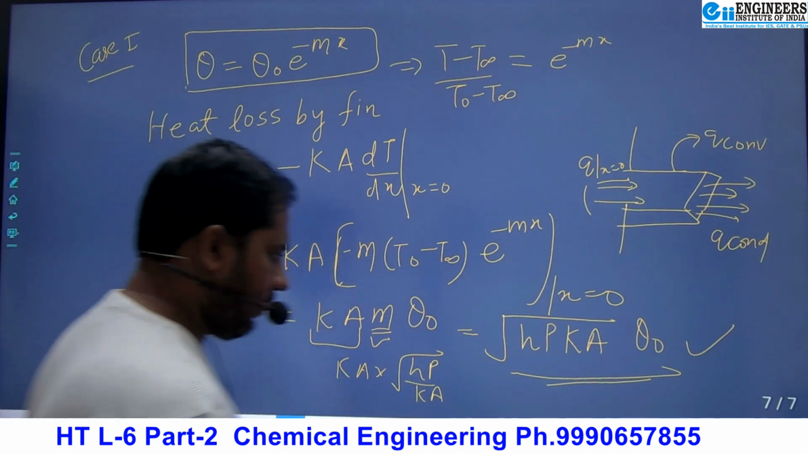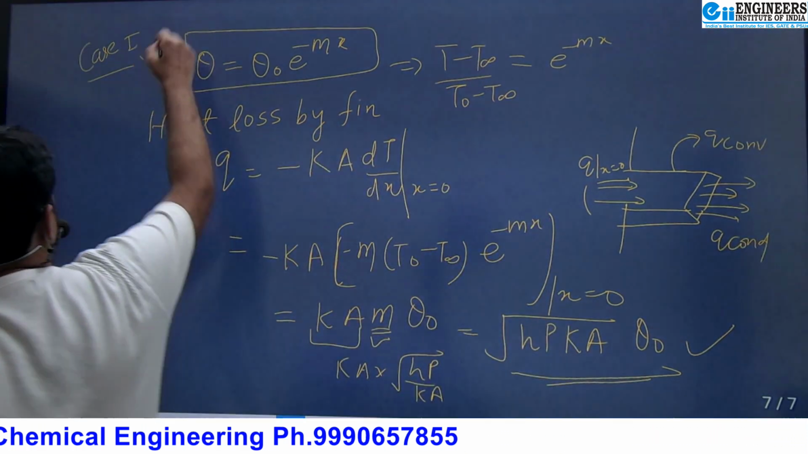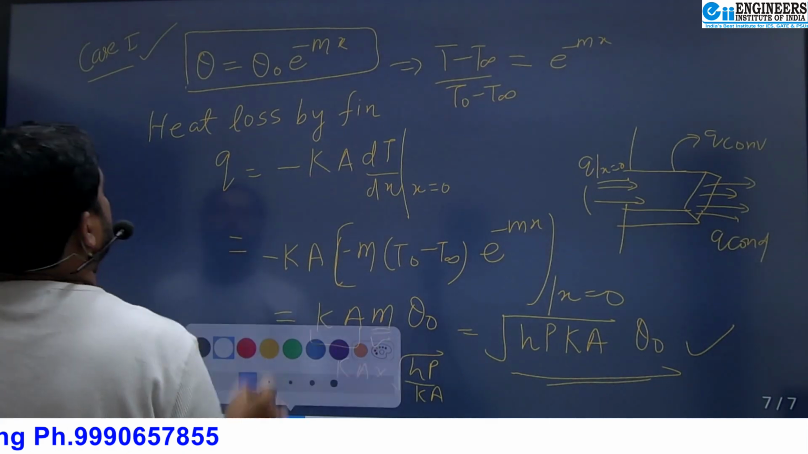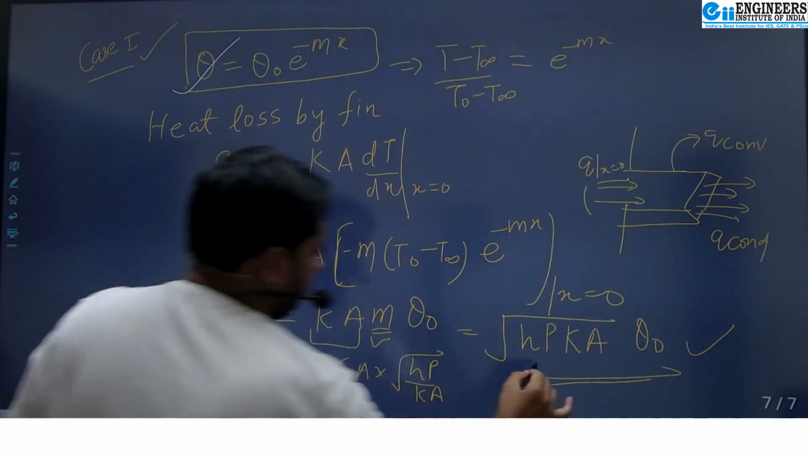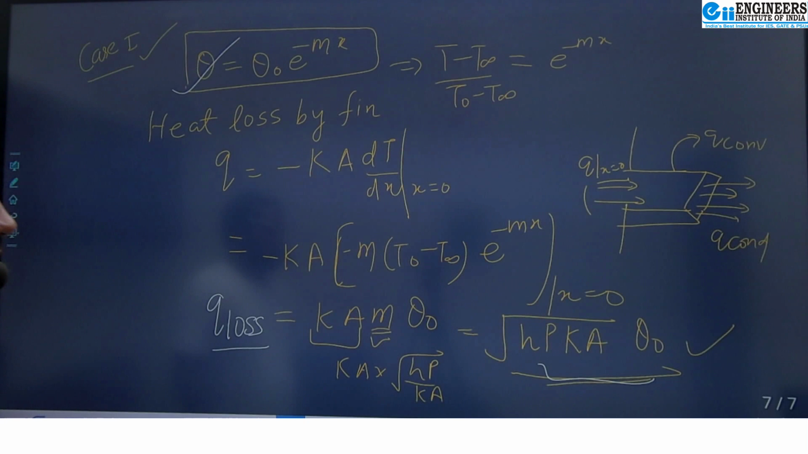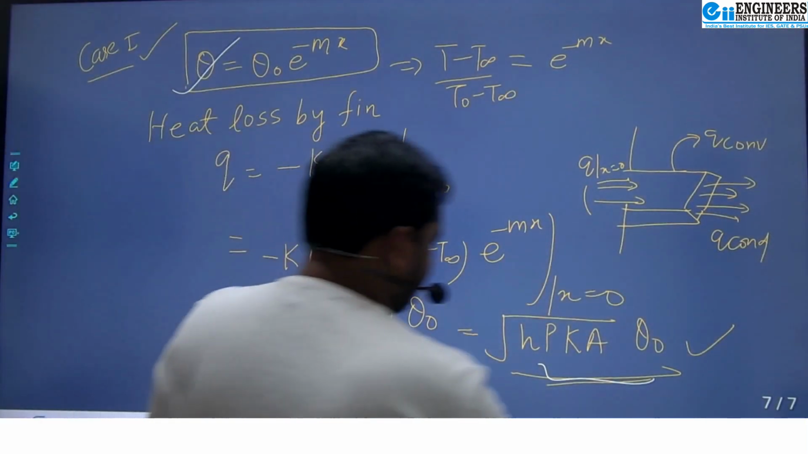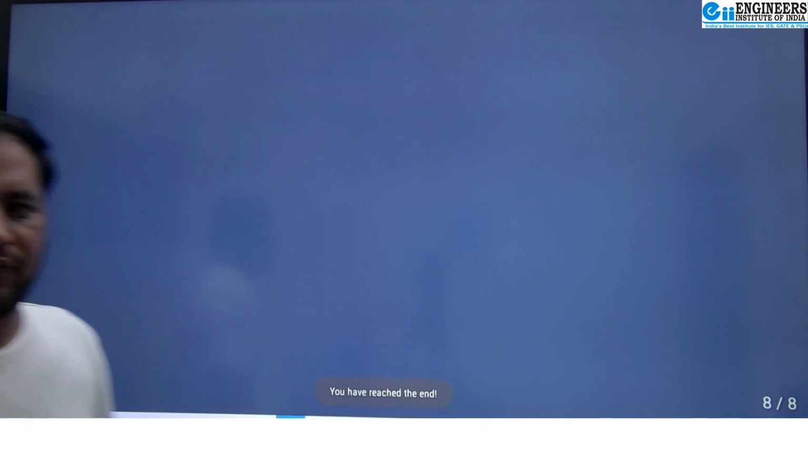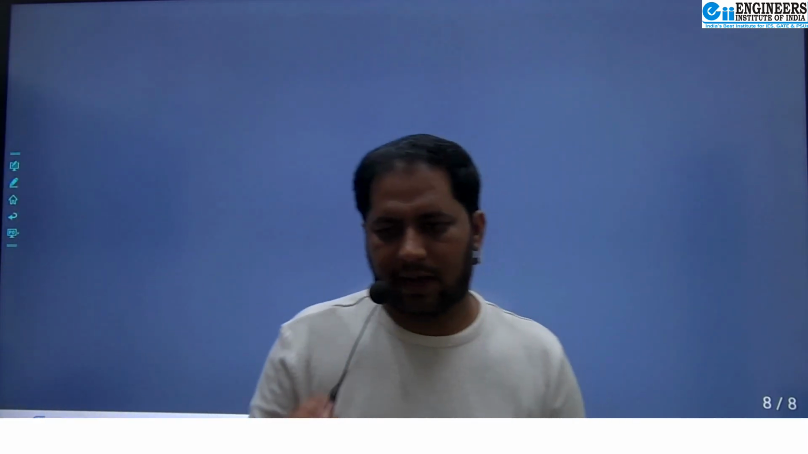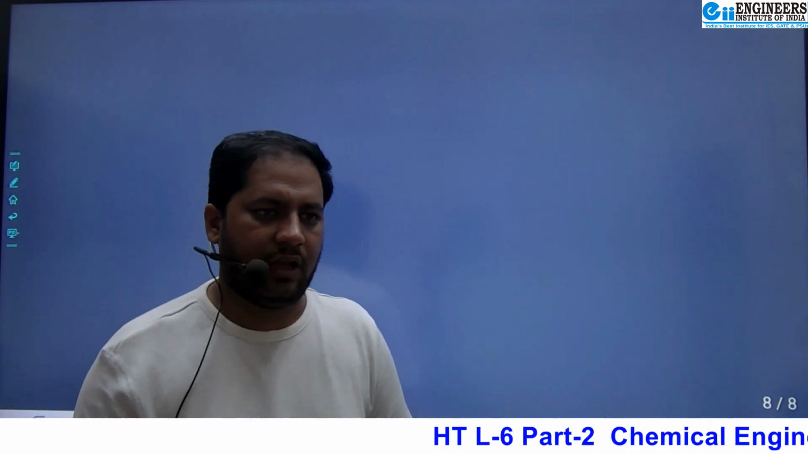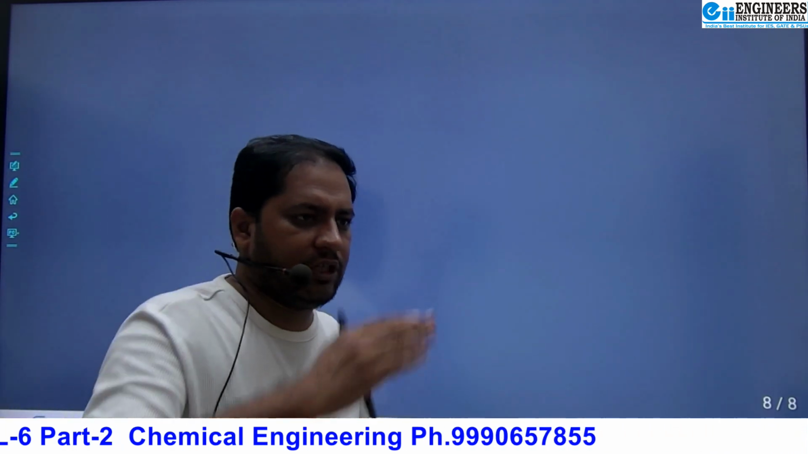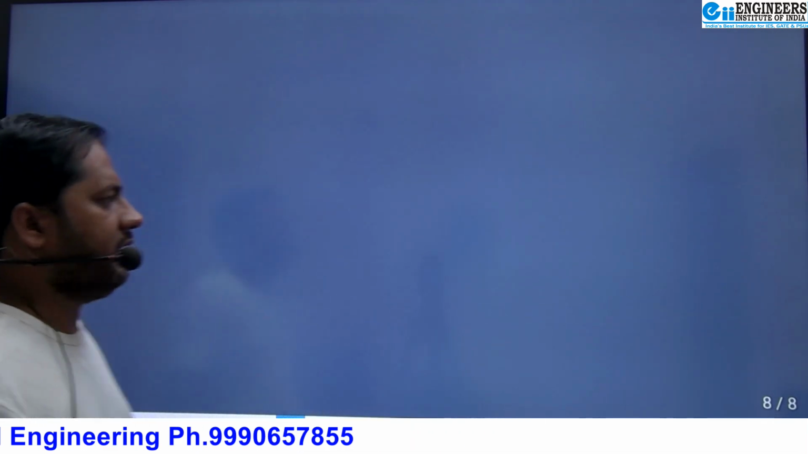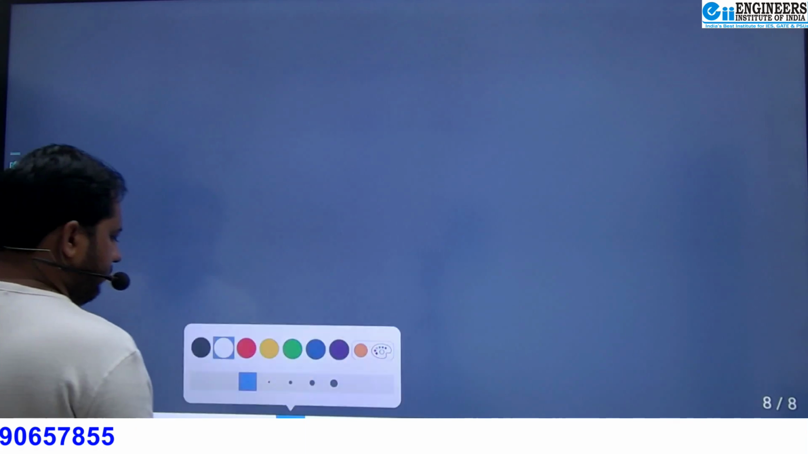Now we have seen for case 1, theta is this and heat loss is this value. Now we are taking case 2. Always remember, the first boundary condition is initially given that at the base of the fin temperature T naught is maintained, and that T naught is the temperature of the body of the equipment to which this fin is attached. So that's why if we take case 2,